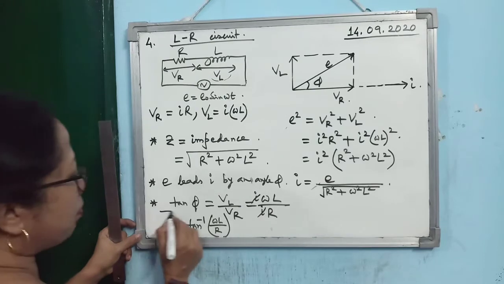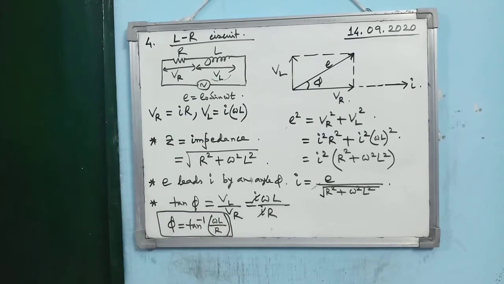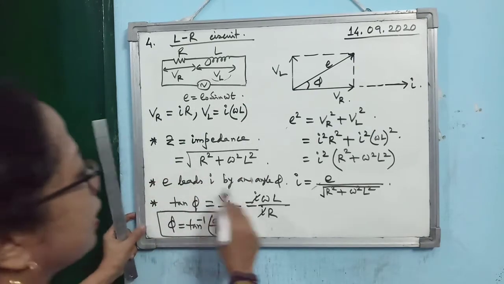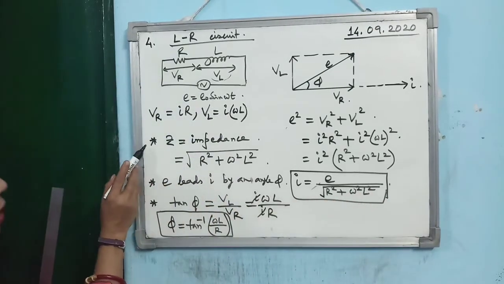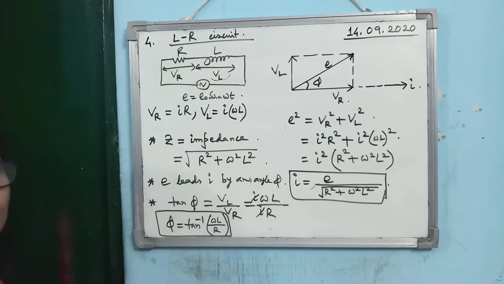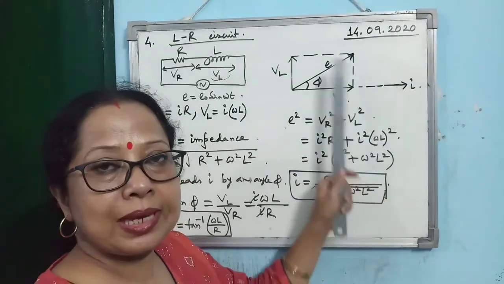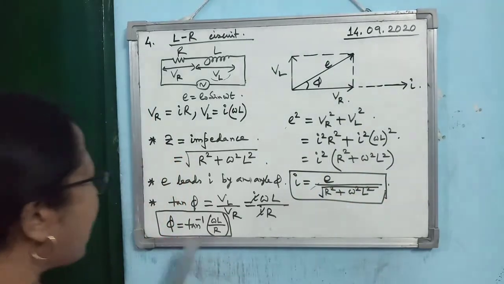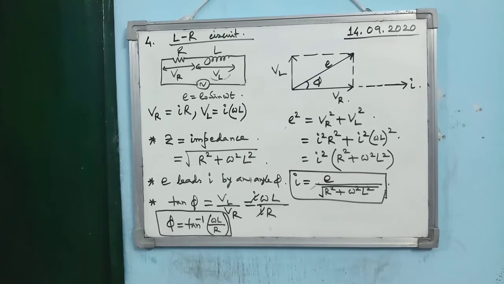You have to remember these facts also. These are very important relationships. So for this one, these are the important points you are supposed to remember. I have highlighted this: the impedance of the circuit, the phase relation between E and I. What is the phase relation? E leads I because E is ahead of I. E leads I by an angle phi, whereas phi is given by tan inverse omega L by R. So these are the points. Please do learn and remember.